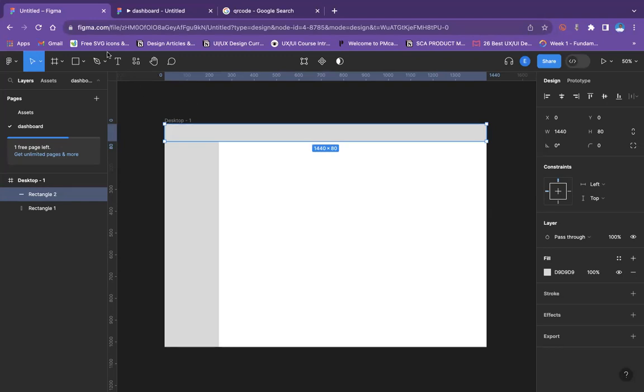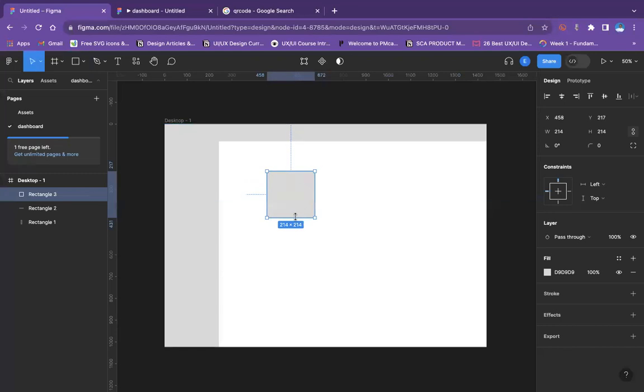So these are the things I want to have on my navbar first of all. So I'll start by arranging them one after the other. If I had done my style guide, it would actually be very easy, but I don't have a style guide here. So I don't have all of those components. So I'll have to create these components from afresh. So I have this, and next thing I'm going to do is